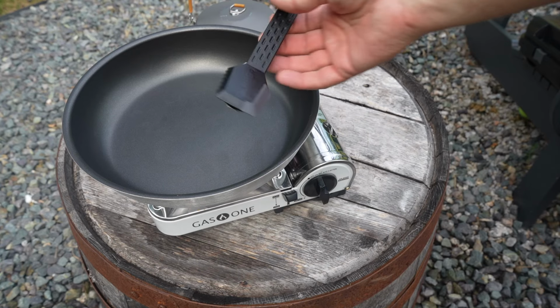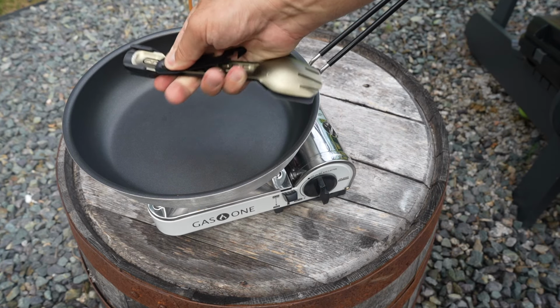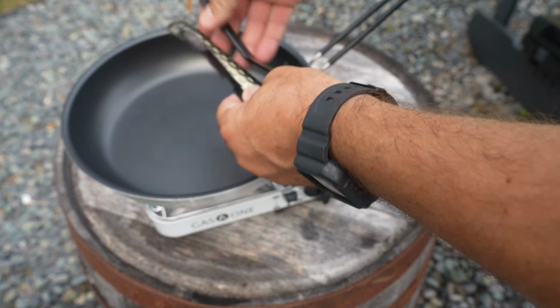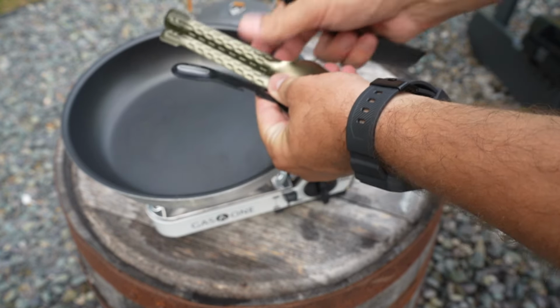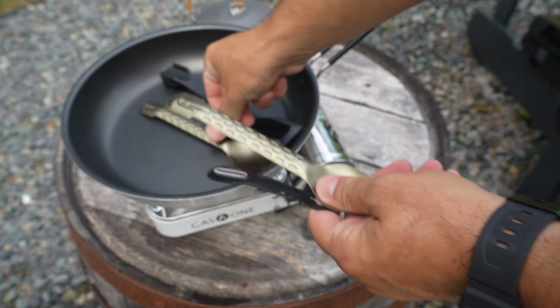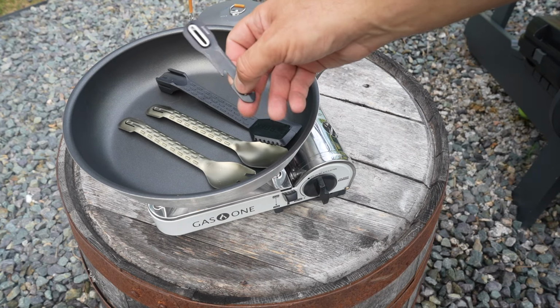And if you're looking for utensils, I did pick these up about a year ago. These are the Gerber utensils, all right? So this is the Gerber multi-utensil tool here. I'll drop links to everything below if you guys are looking to get the setup. If you have these, nice lightweight spork, spoon, can opener, bottle opener,